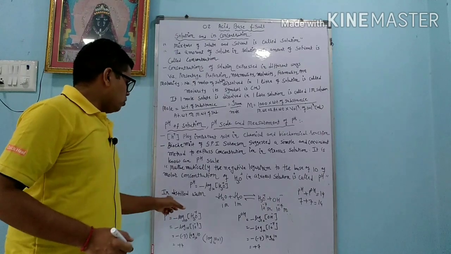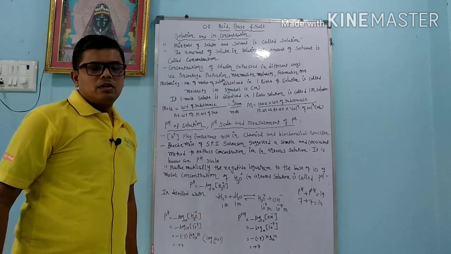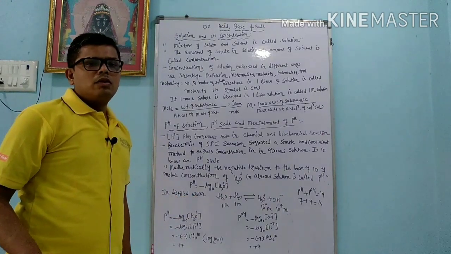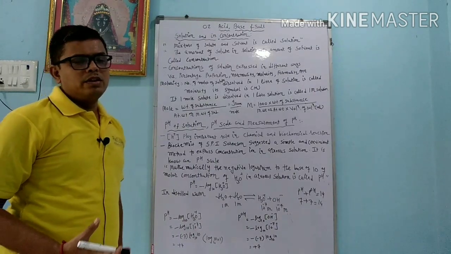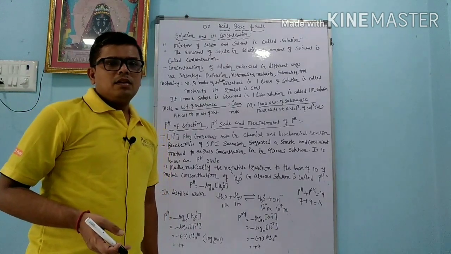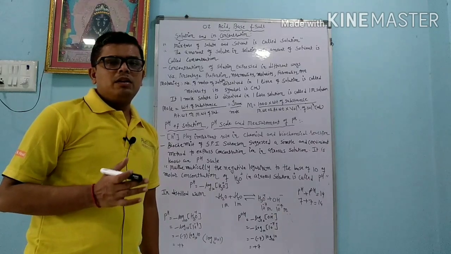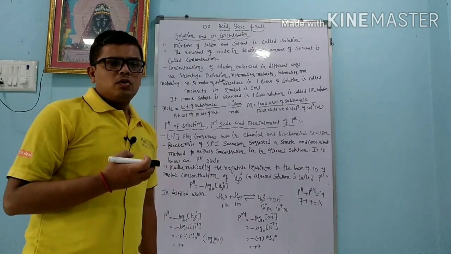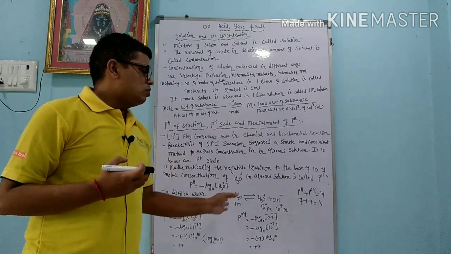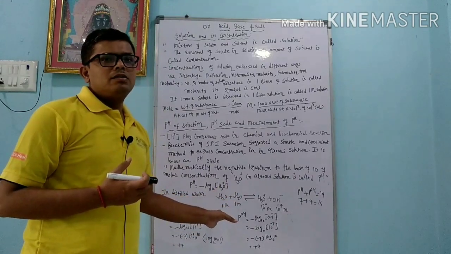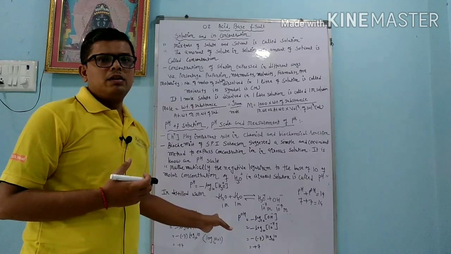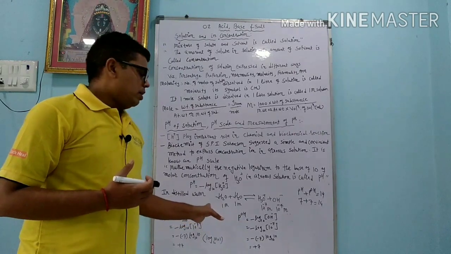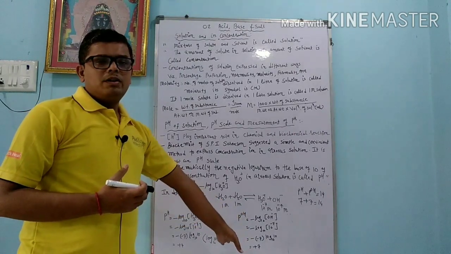Now dear student, you understand this is only for distilled water. Now you may think, what is distilled water? Distilled water is the pure form of water, in which impurities are totally absent. There are so many types of water, but distilled water is the pure form. We collect the steam of the water, and from that we make the water. In household water or mineral water, this value may vary.